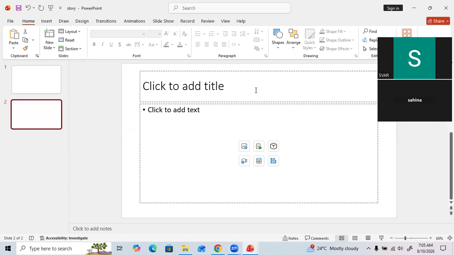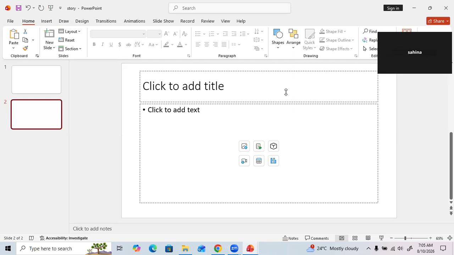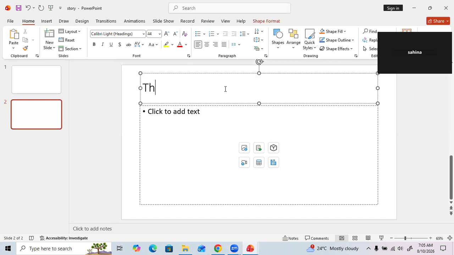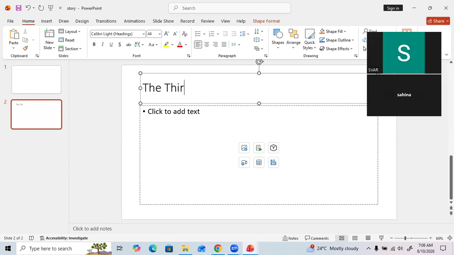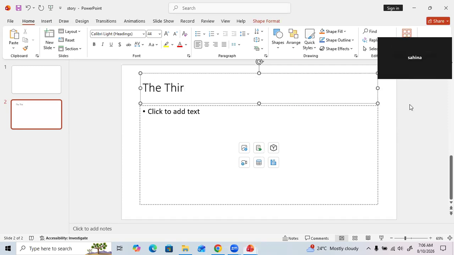Yeah. So just now we have seen the story called The Thirsty Crow. So, in order to write a story, as in our previous class, we have discussed that we require